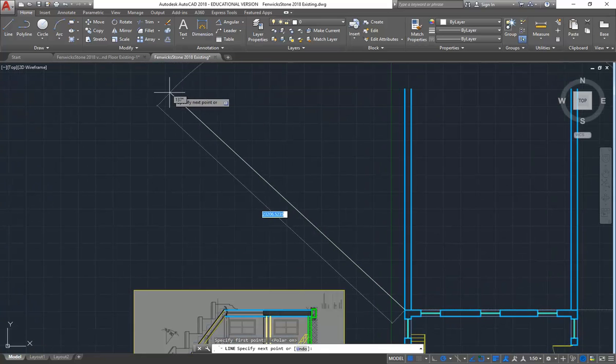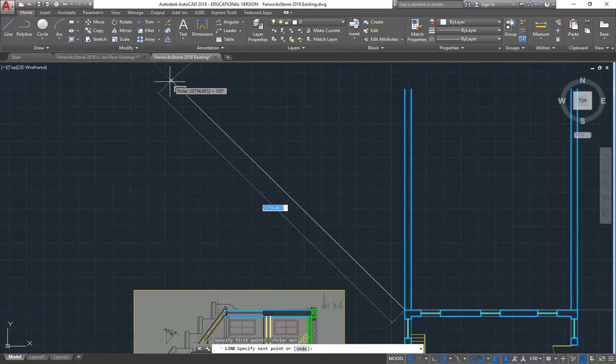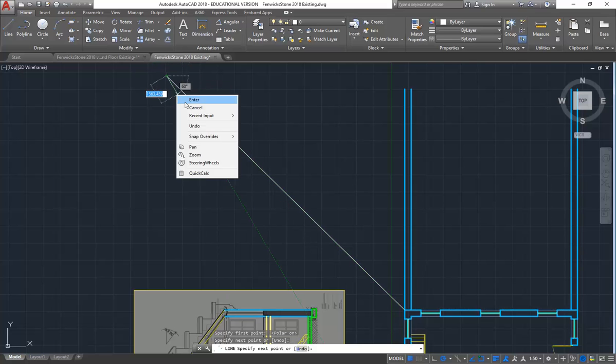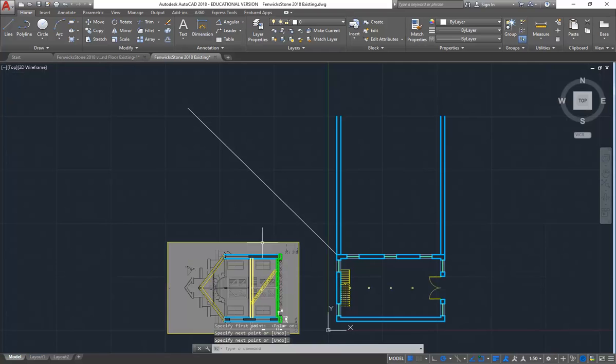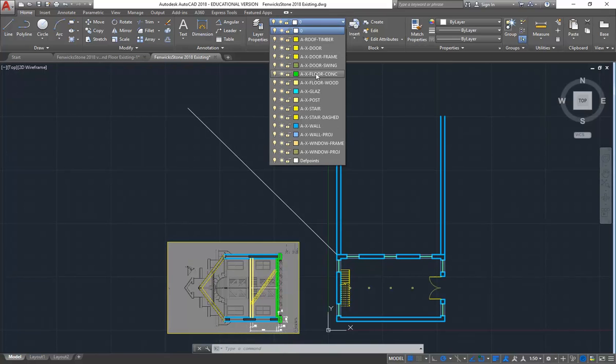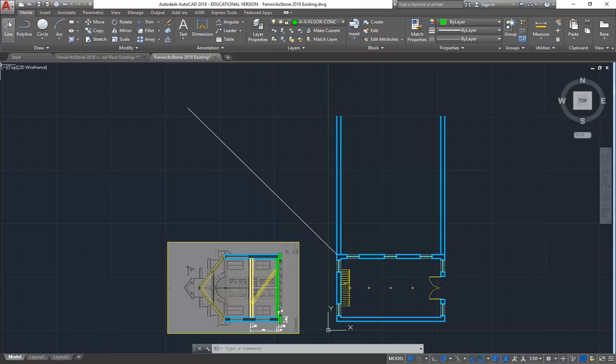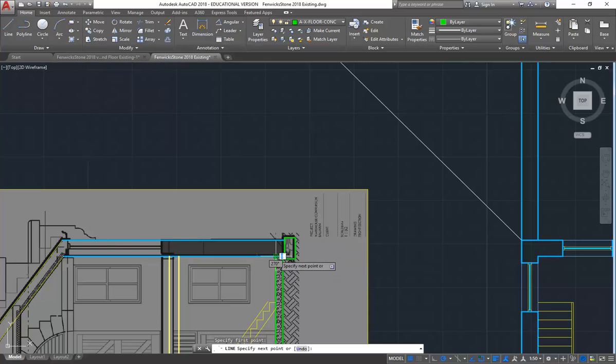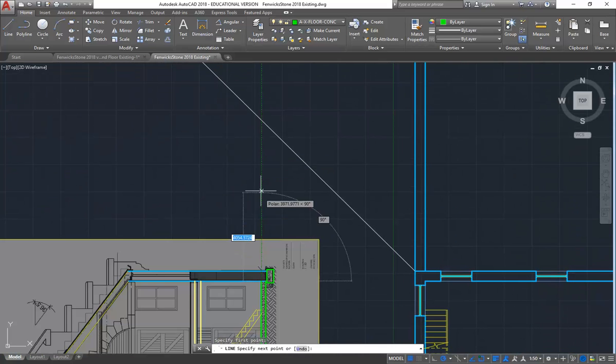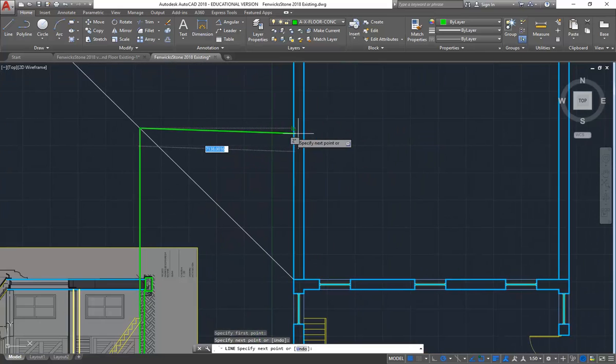Okay, so I'm just going to take it up a fair distance. You can always extend it, but it's good to bring it right out. So I've got my 45-degree line, and now this is where the magic happens. If you draw lines projecting from this section that then intersect with that diagonal line, then you can come across to the new section